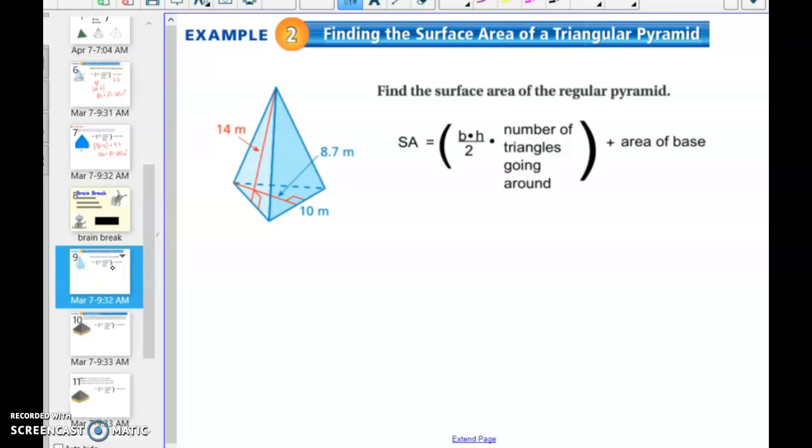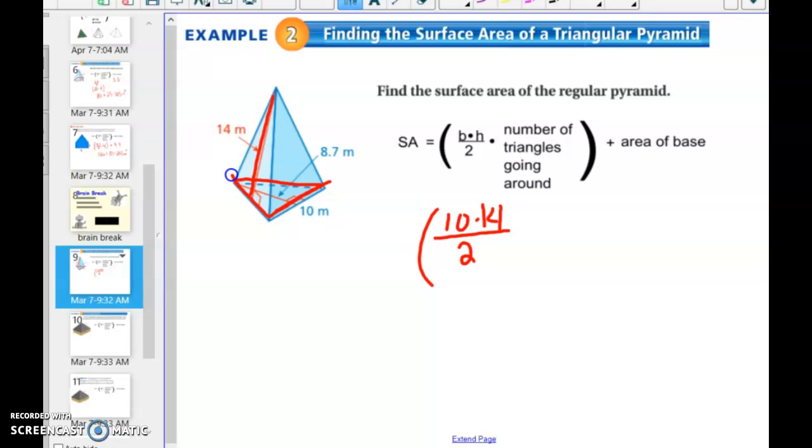All right, some more practice with pyramids. Now this one is a little bit different. This one, we have a triangular pyramid. So that means my base is a triangle, and then I also have triangles going around my 3 sides that are all the same measure, but my base triangle is not the same dimensions as my side triangles. So first I'm going to start with my side triangles. They have a base of 10 and a height of 14. So 10 times 14 divided by 2